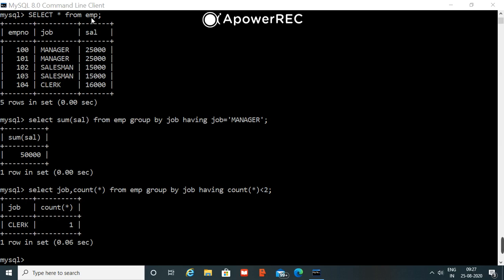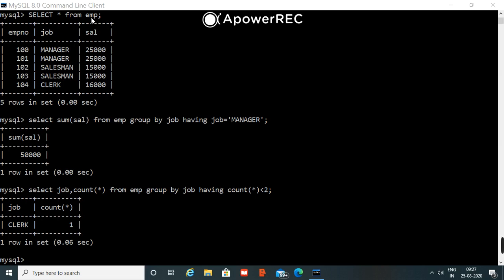So we have understood where to use having. If it involves a group, then the having clause. If it involves an aggregate function like count, sum, average, then we are going to use the having clause. Now I am going to execute two queries.